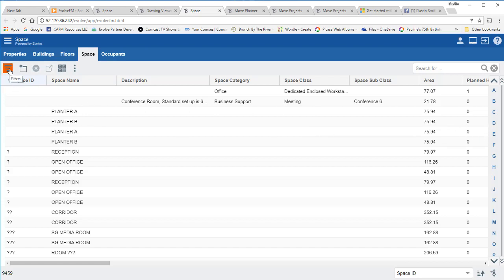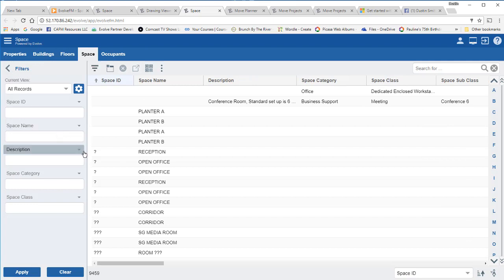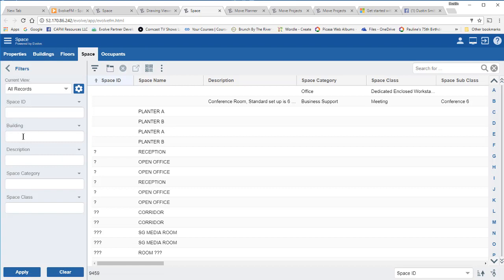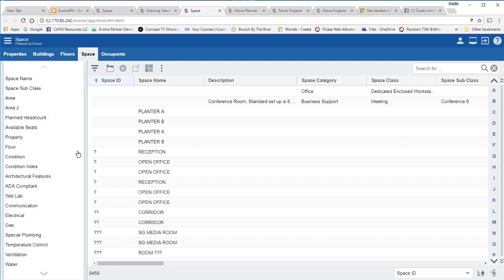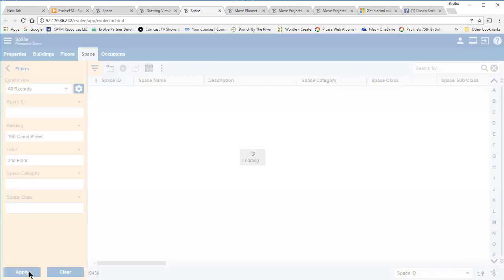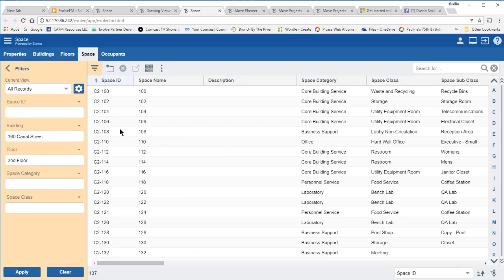In this case, I am going to come over here to filters, and I am going to change this search to building, and I am going to look for 160 Canal, and there it is. And maybe I want to get to my floor, so I'm going to go to my floor, and I want to say second, and there it is. And now if I say apply, now I will only be looking at spaces here for the